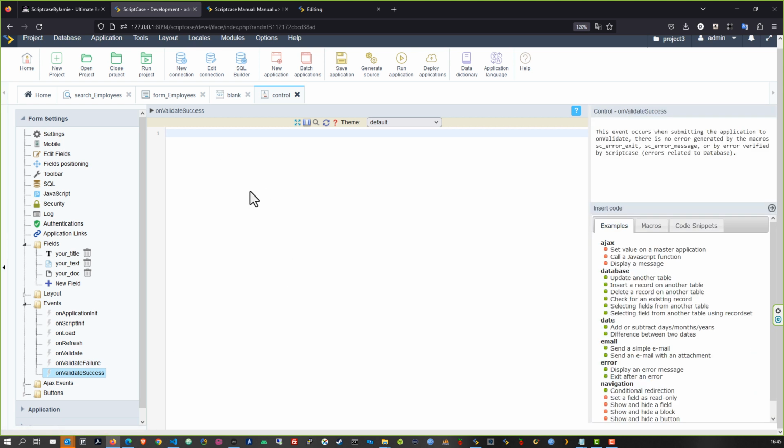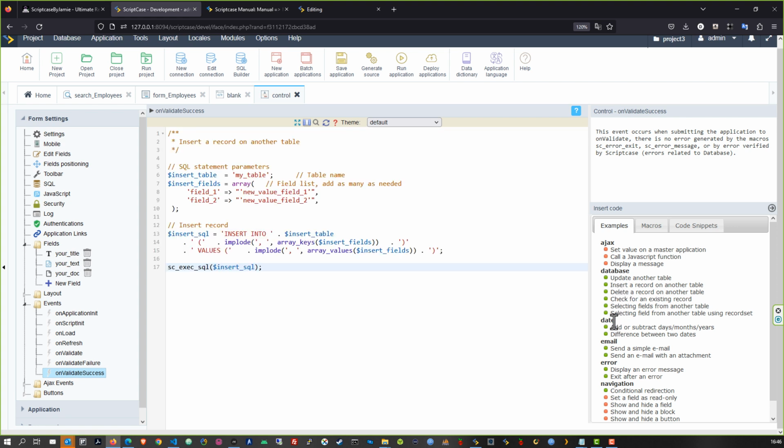Again, edit the event and then use here one of the available macros. So in this case, I could insert a record to the table. I could check if it exists in the first place, or maybe I want to add it somewhere. Well, whatever your choice is, you have the capabilities and the simple options here within Scriptcase so that you can